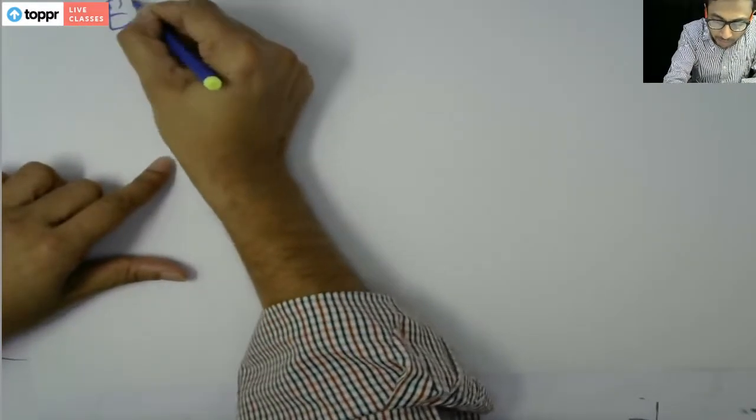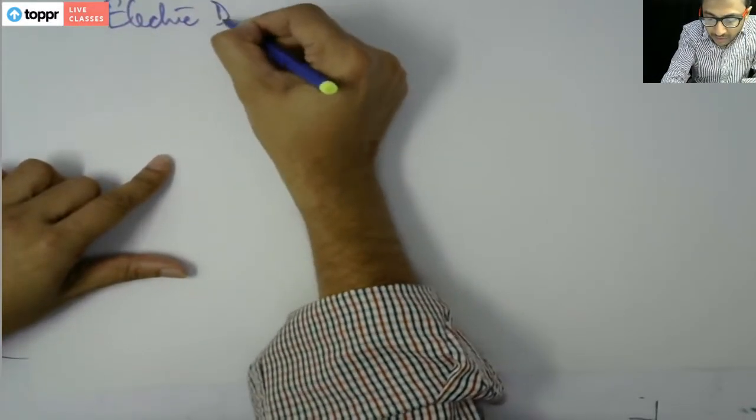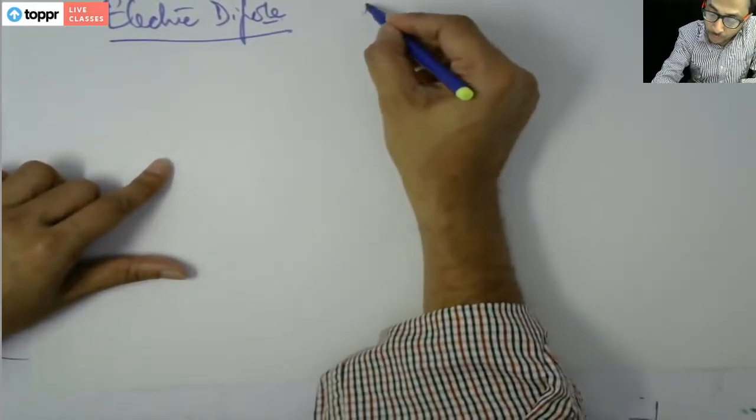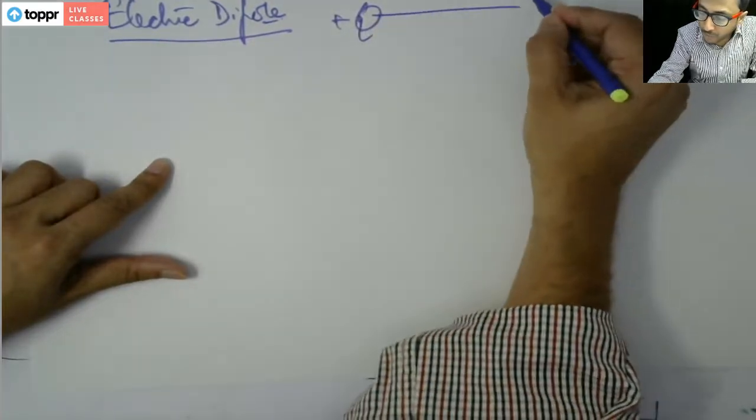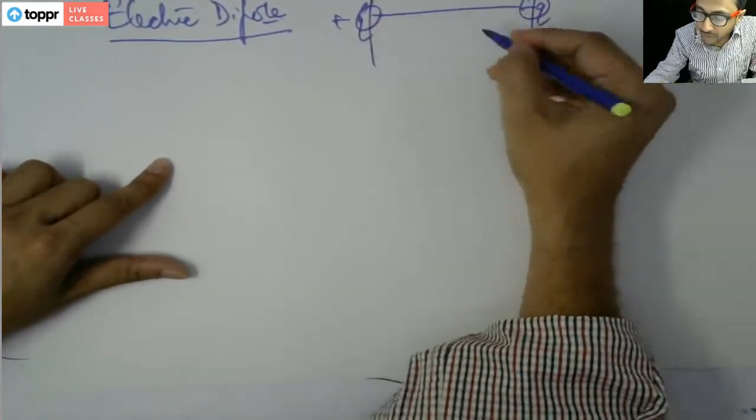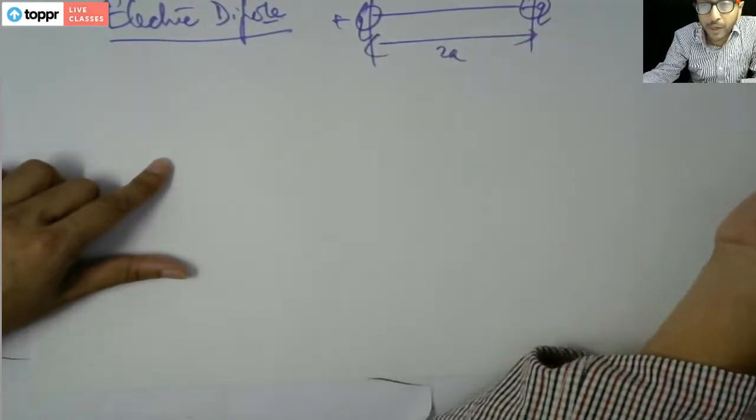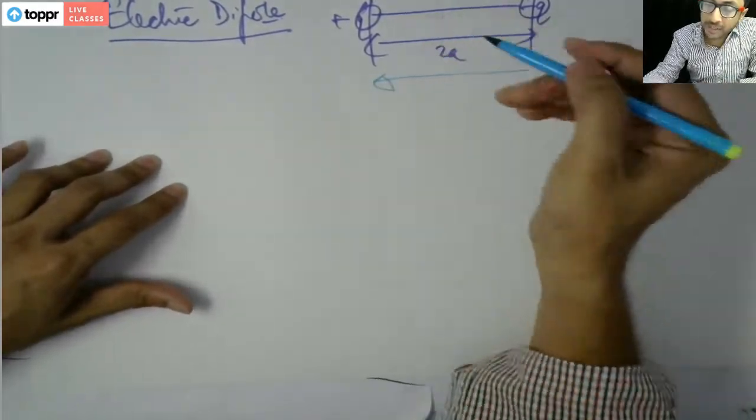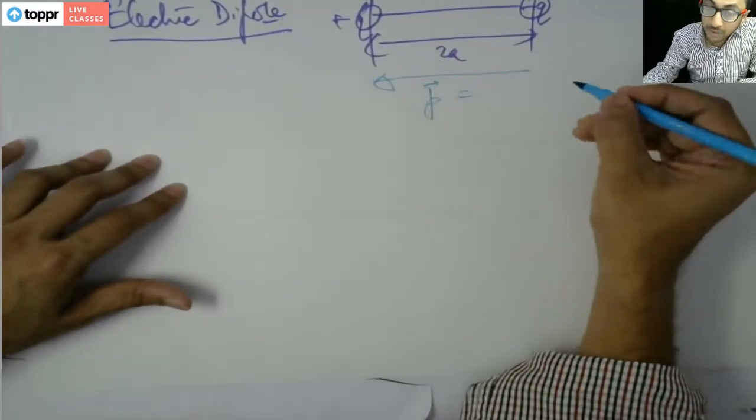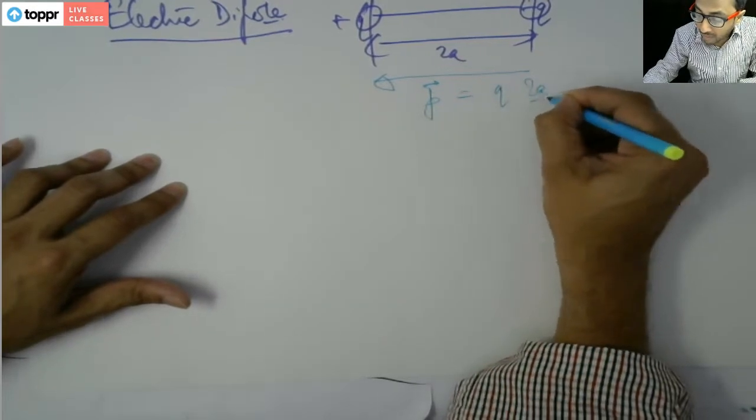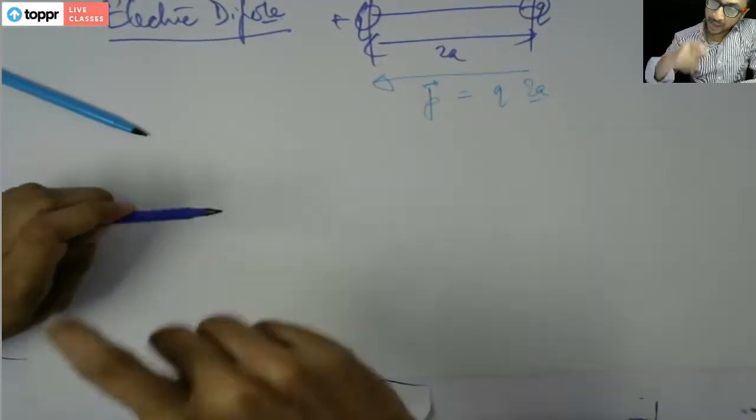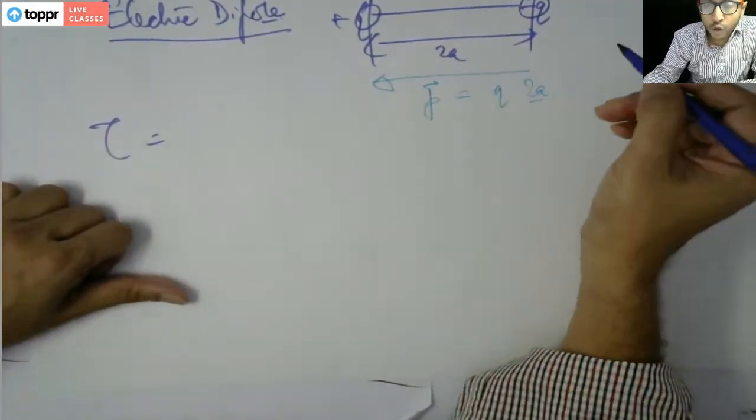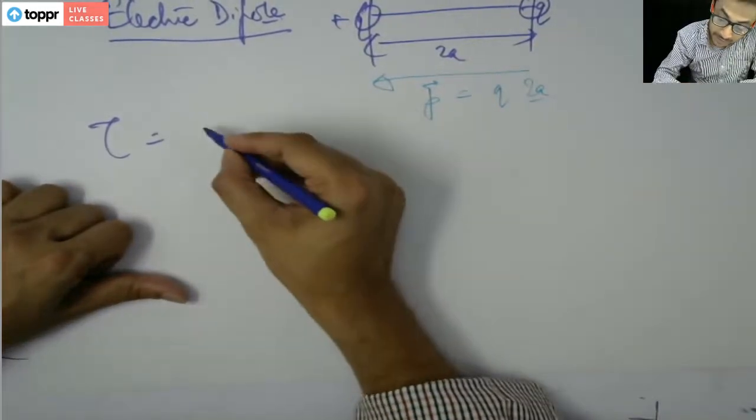The last part is electric dipole. Electric dipole, you know, is plus Q and minus Q separated by a distance of 2a. The dipole moment is always directed from negative to positive, and is Q into 2a, right? You know the formula, that you can find out. Just know this one. The torque to rotate a dipole is nothing but